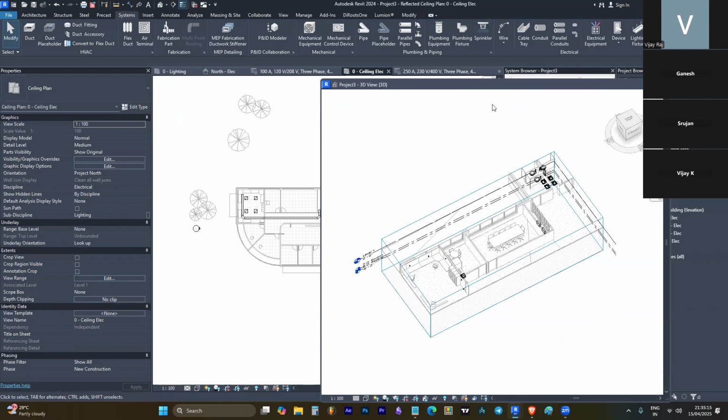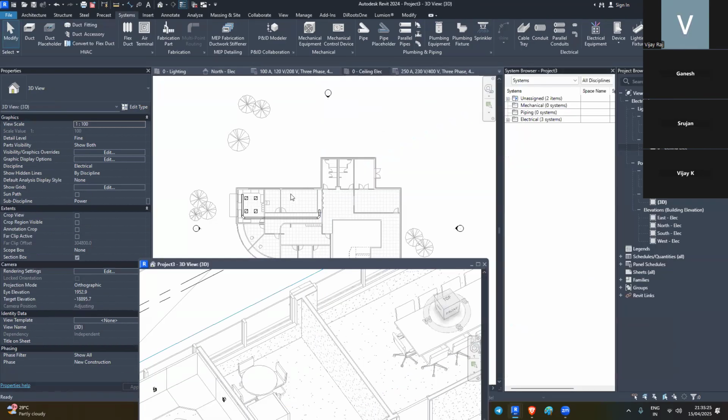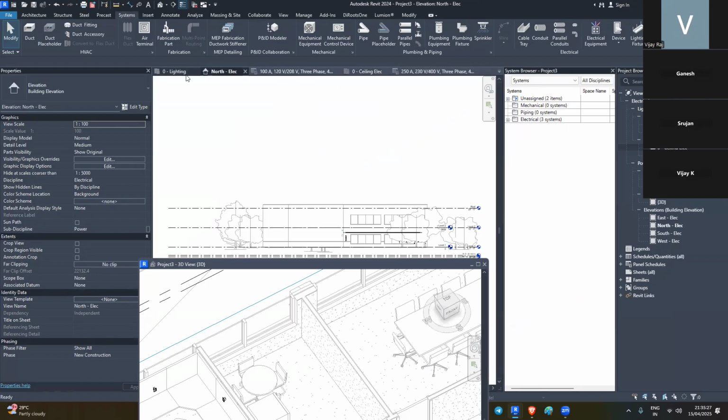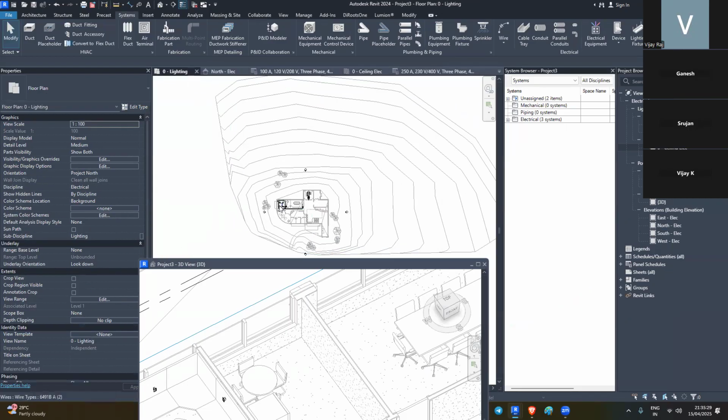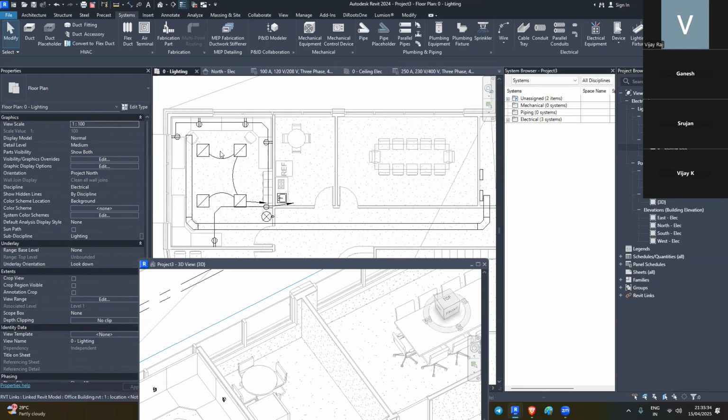So these are some basic elements that need to be considered, and if you get practice with these things, you can do all kinds of electrical work easily. So electrical is very much easier compared to other disciplines. It has only these wiring portions and the connection portions and these calculations which will have some issues. So here, the system browser will be segregated separately, like for the lightings